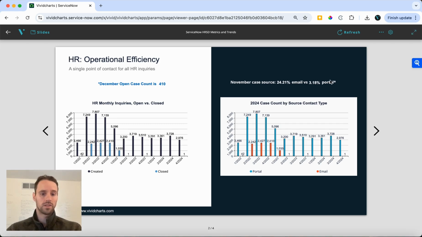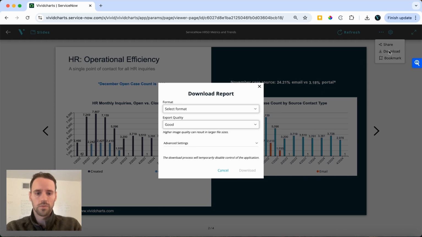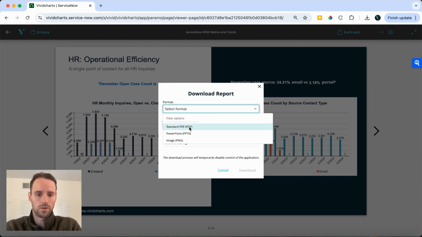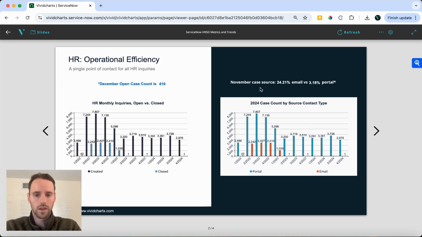And from a delivery perspective, if you do have a need to get a hard file, we have the ability to easily export to PDF, PowerPoint, or PNG from the viewer as well. So I hope this was helpful for some of the capabilities, some slide design principles to maybe take and use on your own, as well as looking at some